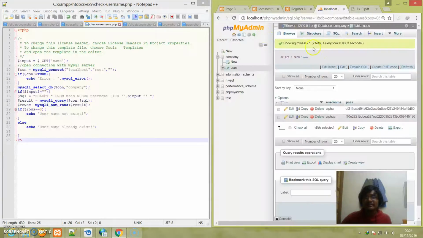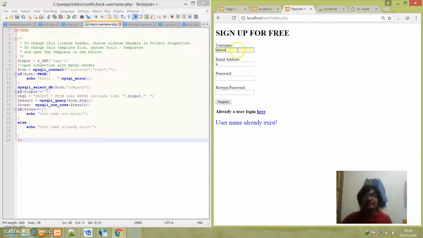So basically the work of Ajax is to check the username, which for testing I wrote as alpha, and check it in the database. So alpha already exists, and another name is alpha, so it will check in the database whether the username we have typed right now matches what is in the database. If it matches, it will show username already exists. And if I write another name as